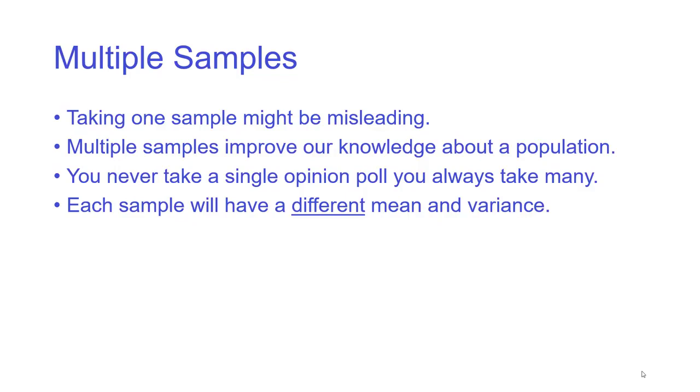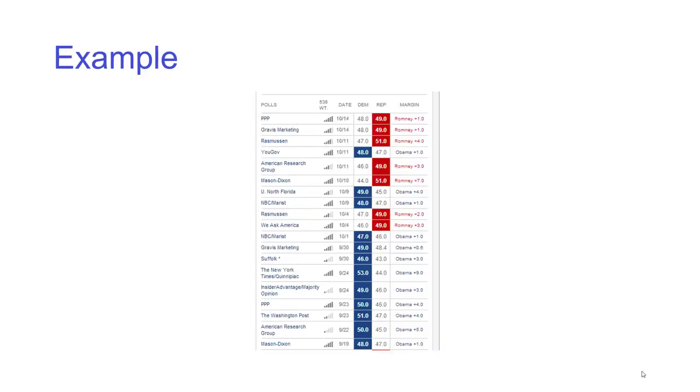But each time you take a sample, you end up with a slightly different mean and a slightly different standard deviation or variance. A good example of this is opinion polls, because you take lots of them in order and you can then compare how they're going. So let's look at an example of some opinion polls. So here are opinion polls before the